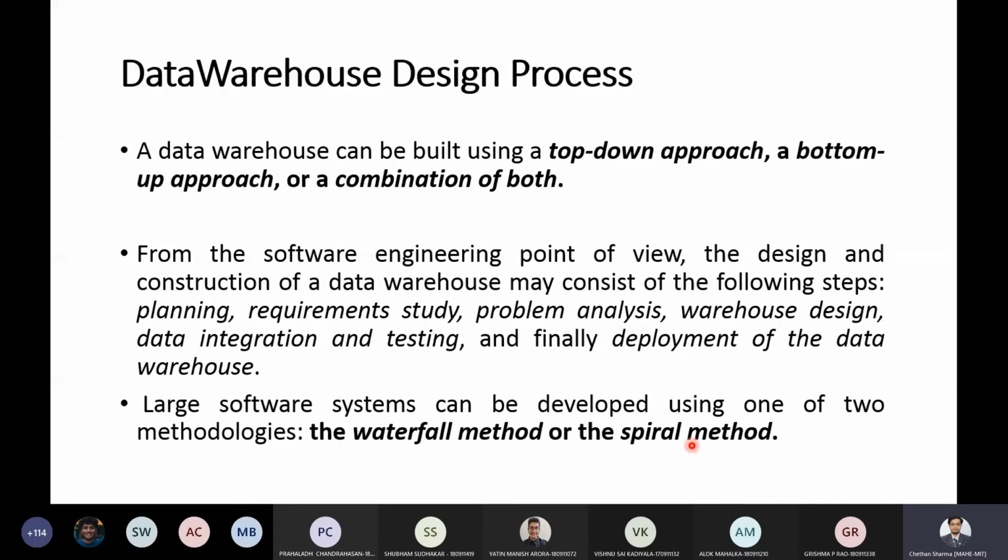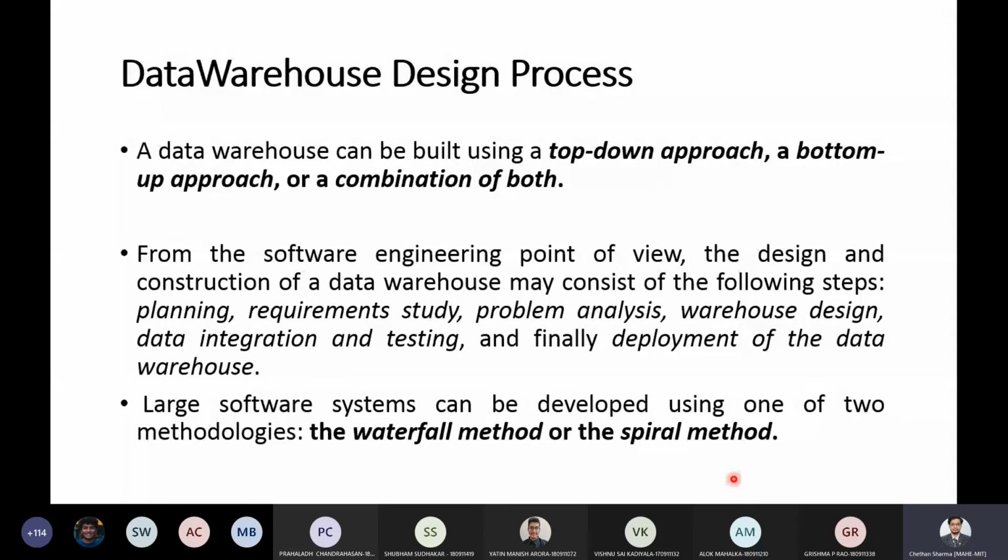If you want rapid generation of functional systems with short intervals in between, and using these intervals you release your product or release the updates, so if you want such kind of setup, you will be using this particular spiral method.